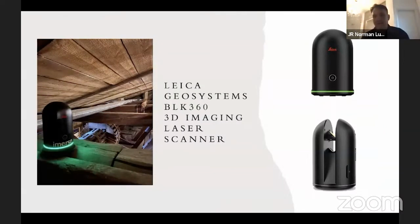And of course, the technology will be much more advanced, let's hope. So this BLK, I was using a first generation, and over the summer, I heard rumors that a new version was coming out, right? And it has been released. If you can get your hands on one, great. But it's about a